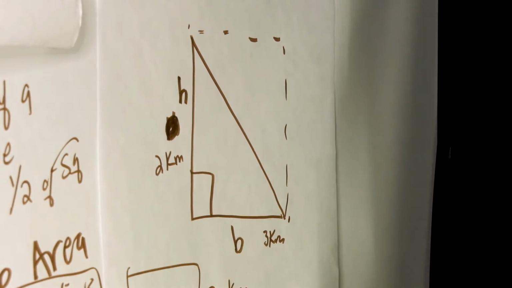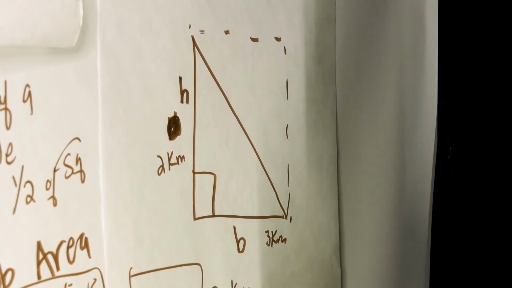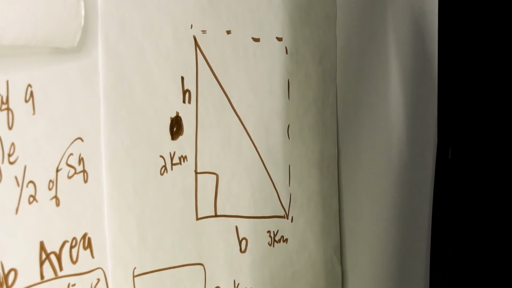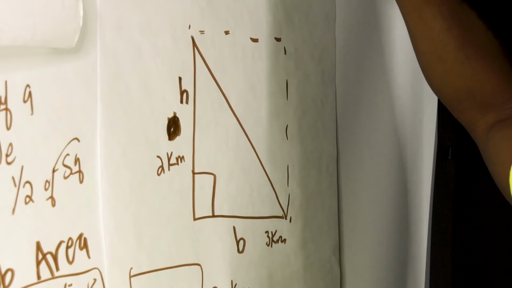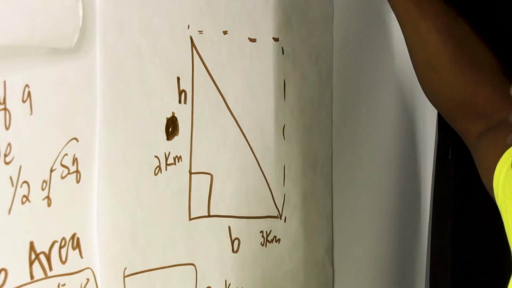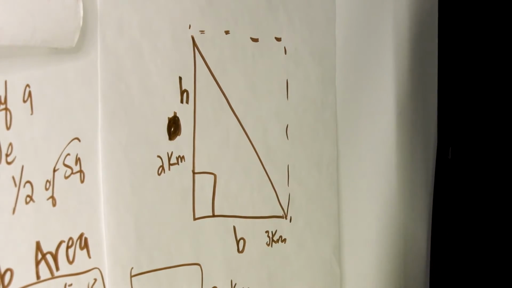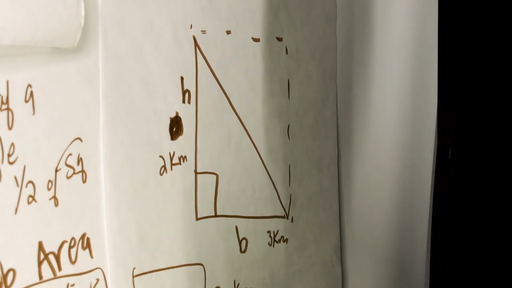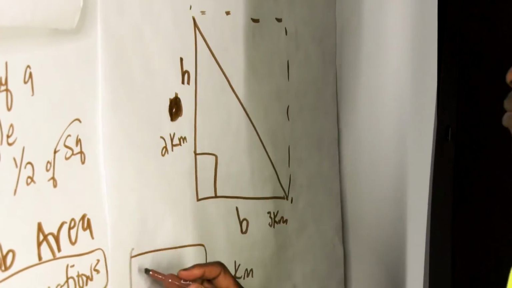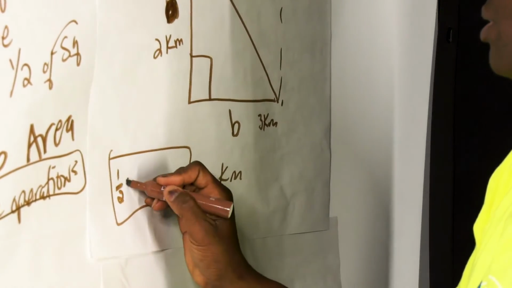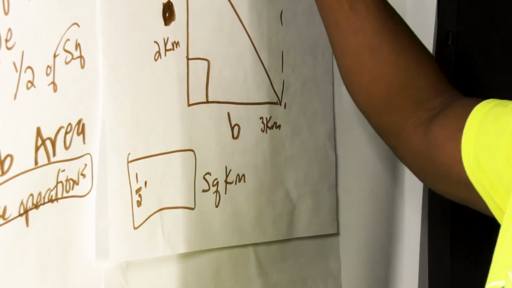The formula is a standard formula that you need to be familiar with and know, whenever someone says, hey, what's the area of a triangle? Area equals 1/2 times the base times the height. So when you look at this diagram, if we want to plug in these numbers, we'll say we have 1/2 multiplied by base is 3,